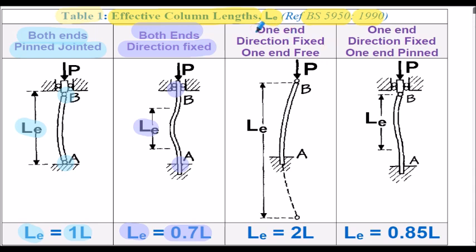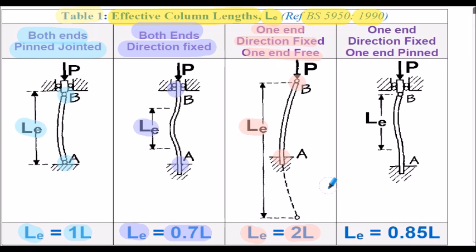Third configuration, one end direction fixed and one end free. In this configuration, end A is fixed in translation and rotation, but end B is free to translate and rotate. The effective length now is stated as twice the actual length. So again, if our actual length of the strut was 2 meters, then the effective length in our analysis would